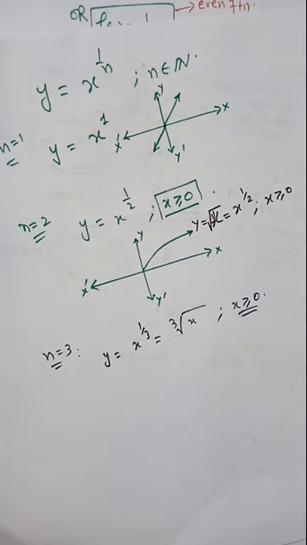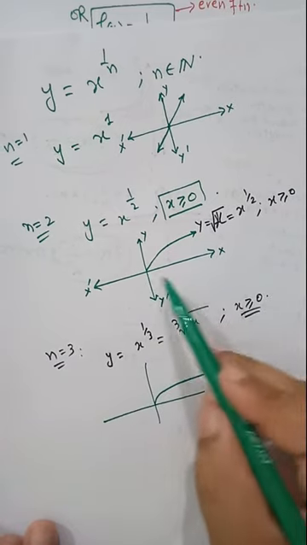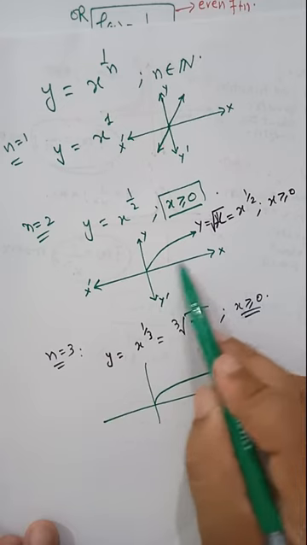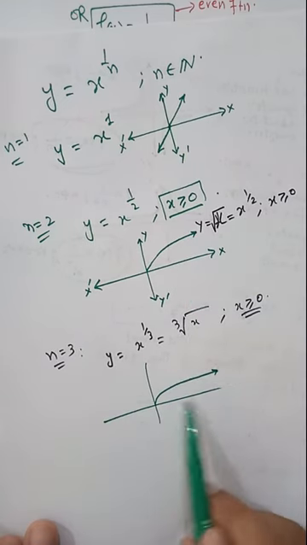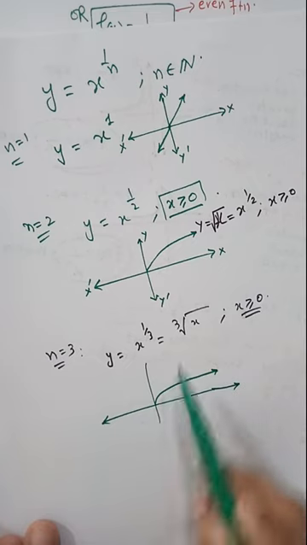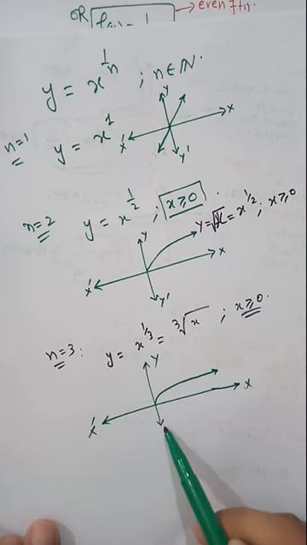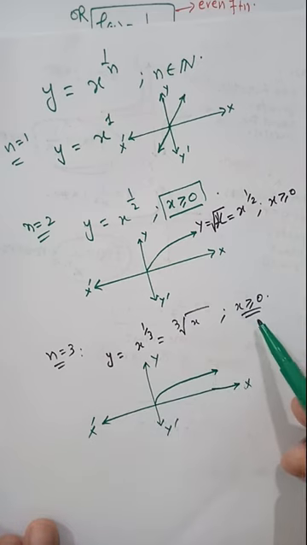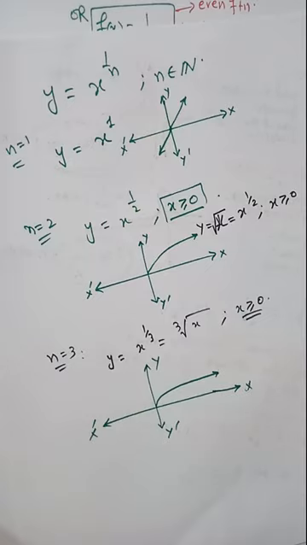but it will be a little flatter. The curve must be a little flatter. You see, this curve is not too much flatter, meaning it doesn't tilt too much towards the x-axis. This is a little flatter towards the x-axis. So you must remember the shape. If you want to make the tables, give domain values from positive real numbers including 0. Don't take negative real numbers. So you see, these are the graphs.